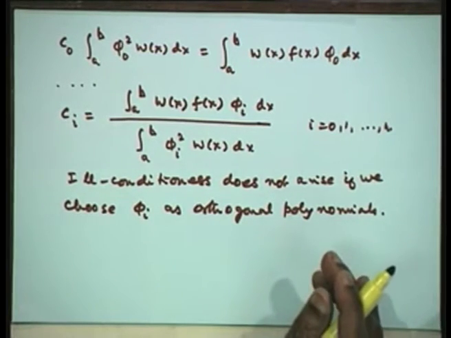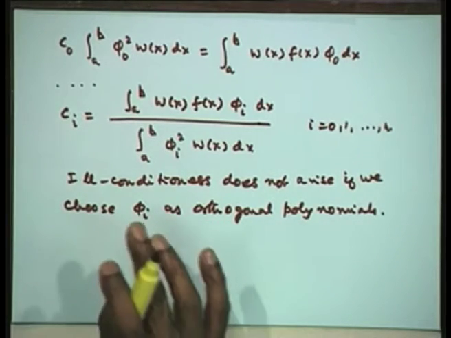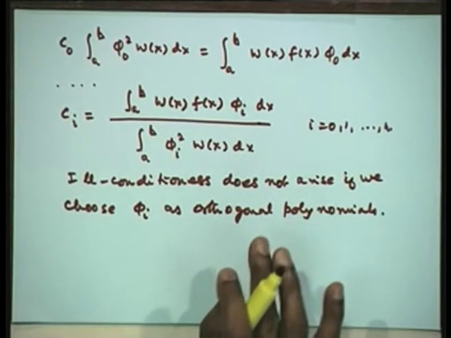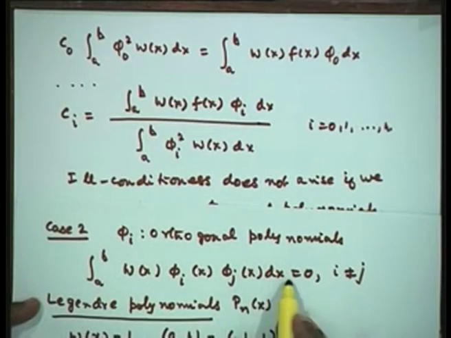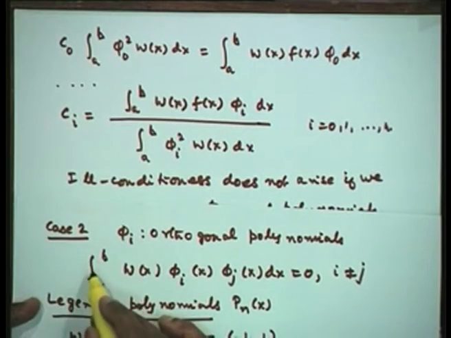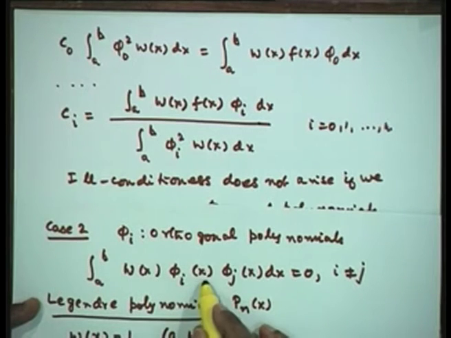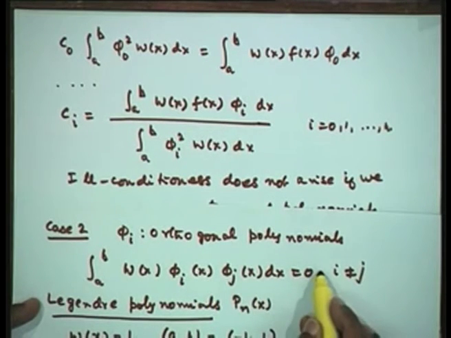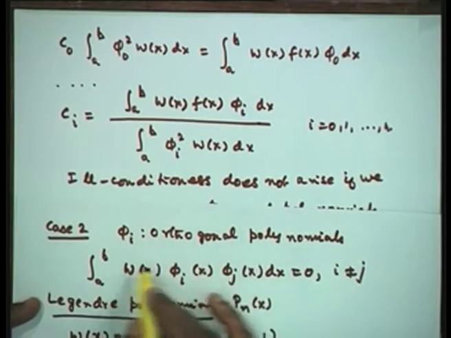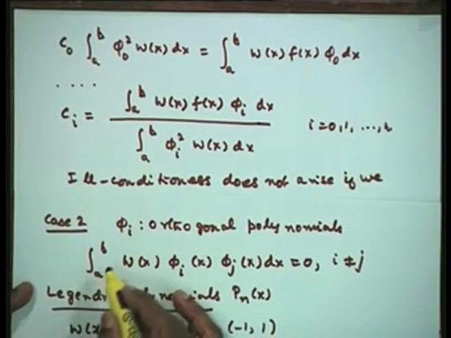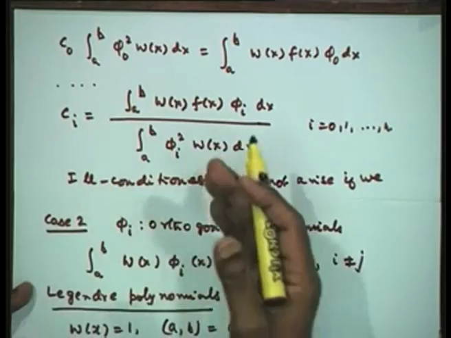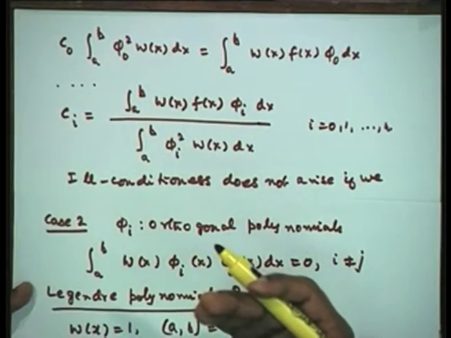Now, we could of course as well have chosen, in the previous case also, the discrete data case, phi x as orthogonal polynomial. The answer is yes. In that case, instead of the integral from a to b, you will have the summation over k of w x k phi i x k phi j x k equal to 0. So, I could as well have used these orthogonal polynomials in the discrete data set also, where, as I said, I will replace this integral by summation, and therefore we can find C i there also by just taking the ratio of two summations.